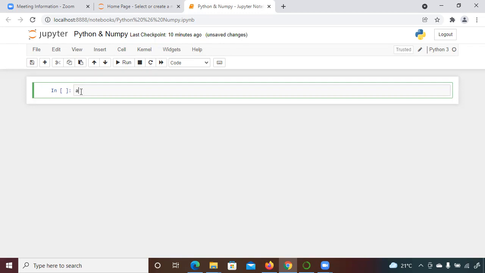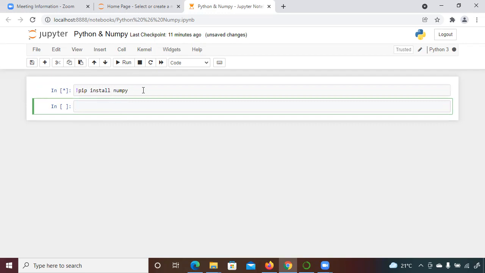If we want to create an array in NumPy, how do we create it? For that, first of all, we have to import the library. Let me explain once again. When you want to install NumPy, you just have to write pip install numpy in Jupyter or Anaconda and run it.